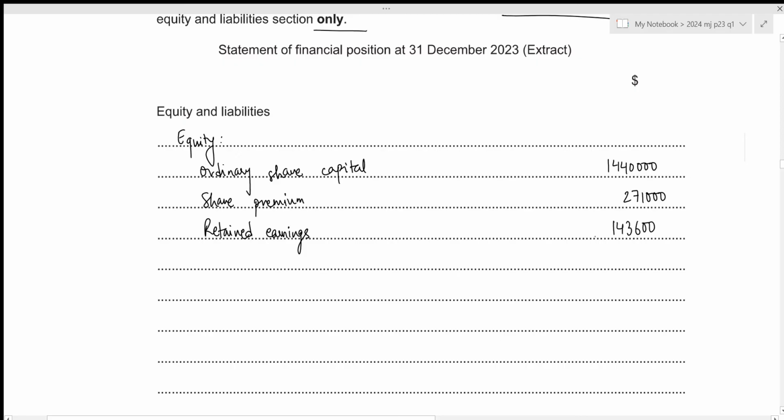143,600. That is all for our equity. Now we can calculate the total equity. That will be 1,440,000 plus 271,000 plus 143,600, which results in 1,854,600. Now we can move towards the